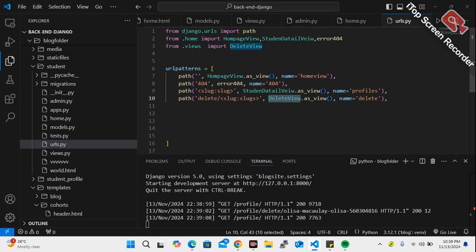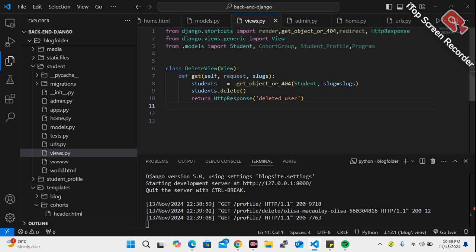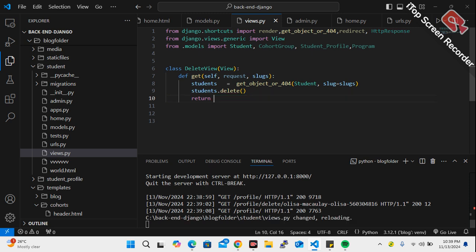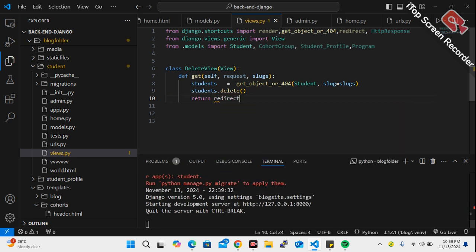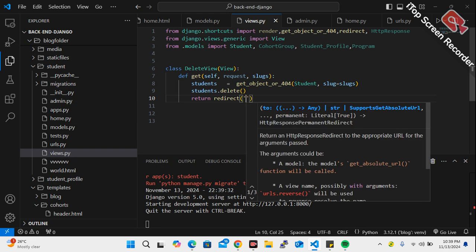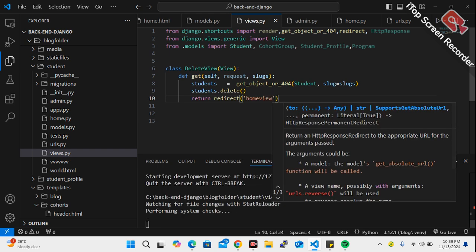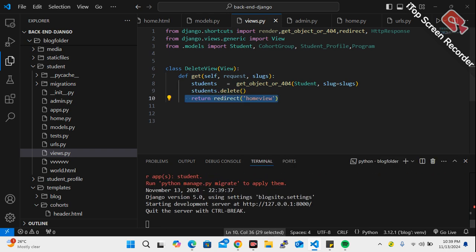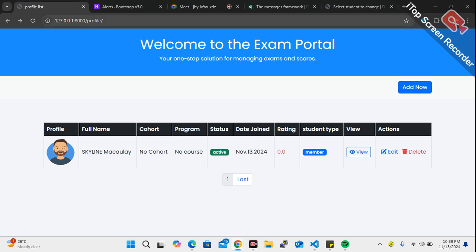We can come here, home view. Let's get the name of this and then come to view. Instead of putting redirect response, we can put redirect. We will pass in the name,